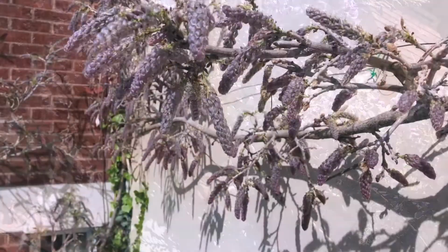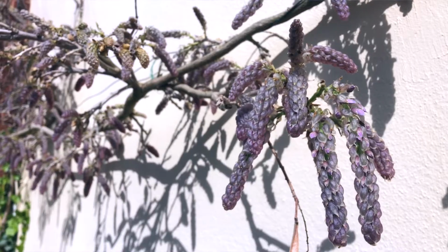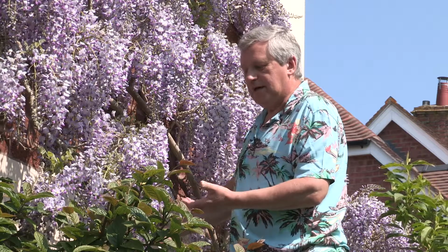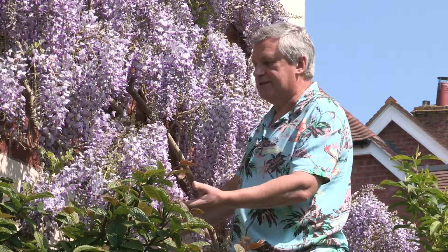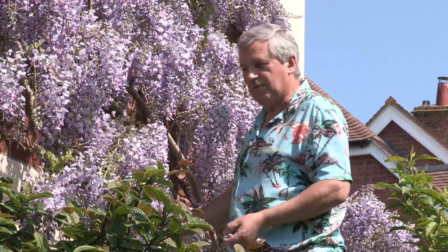About a couple of weeks ago, the buds looked more like this, where they were quite plump, and then suddenly, miraculously, those buds open up into these fantastic flowers, and then once the flowers go over, the leaves will then